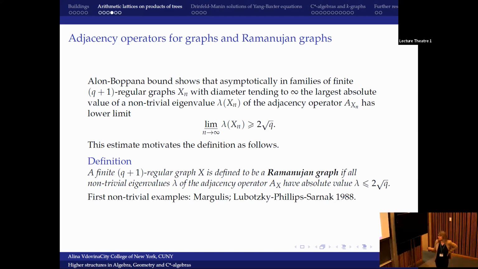Okay, and the first non-trivial examples were due to Margulis and Lubotzky-Phillips-Sarnak, and Lubotzky-Phillips-Sarnak is probably the better known construction, because the paper of Margulis was published in the proceedings of some institute in Moscow, in Russian, which people in the West probably didn't know too well, but I remember that people were talking about it a lot. It's really an ingenious construction,